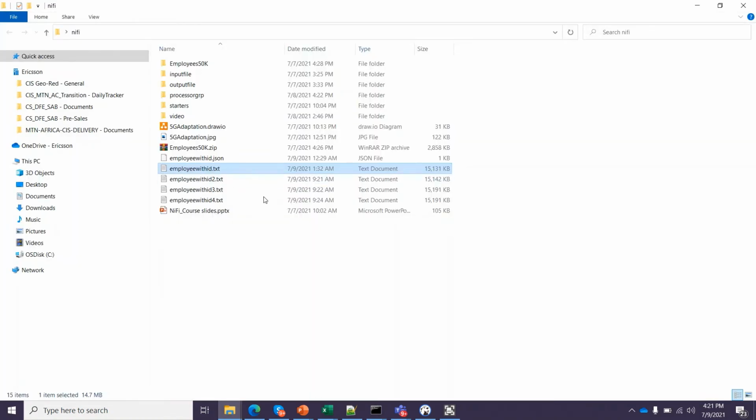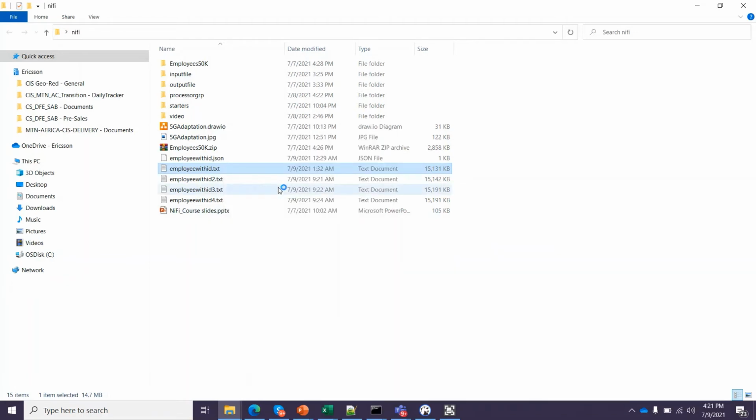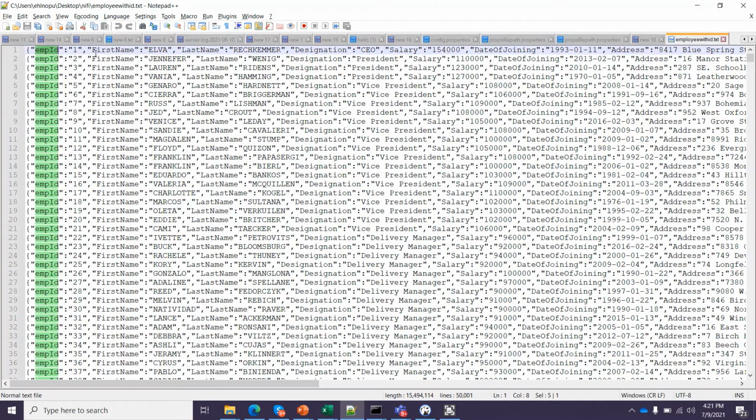If I show you my file once again, see here, employee ID, first name, last name.